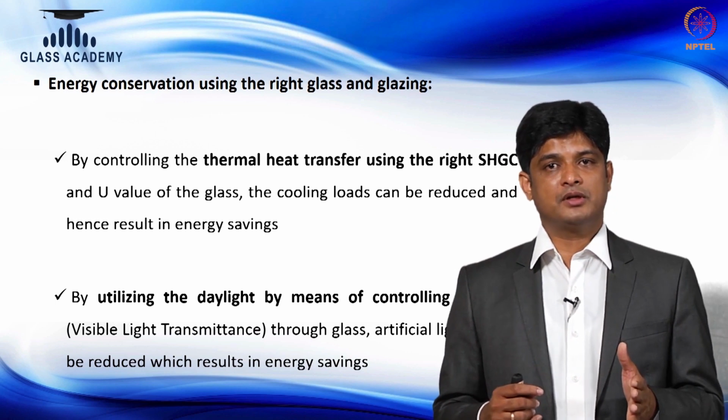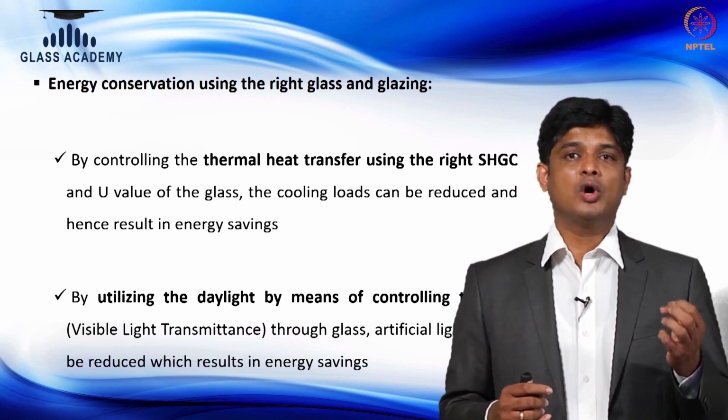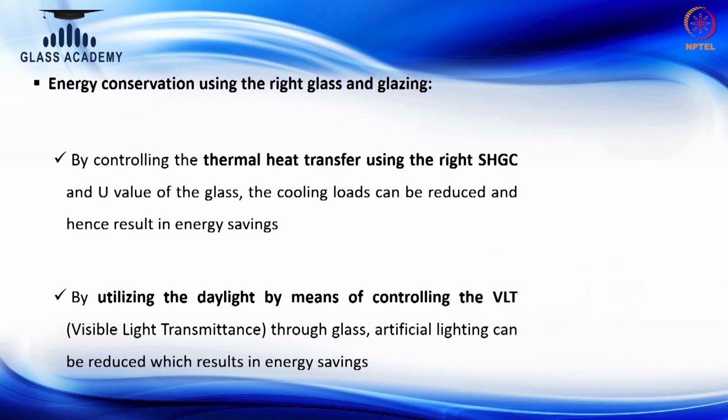The second important parameter is the functionality of the glass to harvest more daylight. The moment we harvest more daylight, there is a critical point which we call glare. When the amount of light coming in is extremely high, more than what I need for the particular occupancy zone, then it becomes a disturbance and it becomes glare. So the ideal, or minimum, optimization in the light transmission is very important.